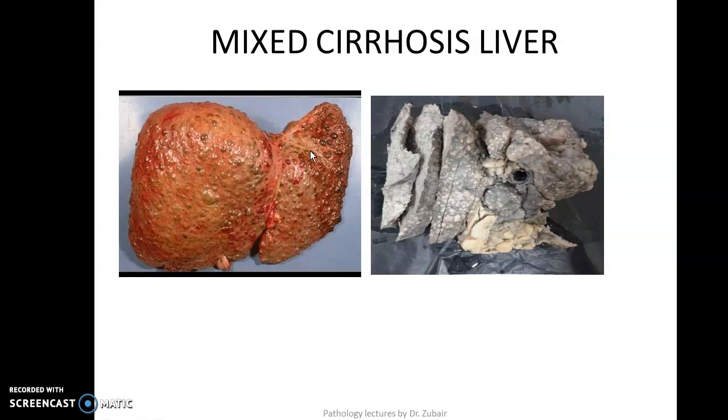Then the obvious question will be: list the causes of cirrhosis. So you have a lot of causes like alcoholic cirrhosis, hepatitis B, Indian childhood cirrhosis, hemochromatosis, then alpha-1 antitrypsin deficiency. All these are causes. And then you will have to subclassify them as macronodular cirrhosis causes and micronodular cirrhosis causes. Alright, so that you will have to do. And in this case, we have both micronodules as well as macronodules. So this becomes a mixed cirrhosis.